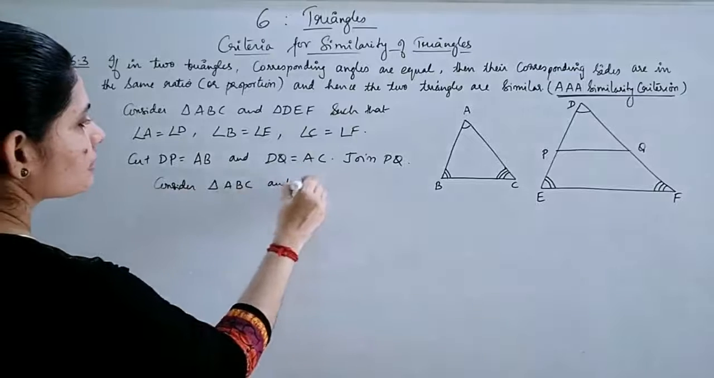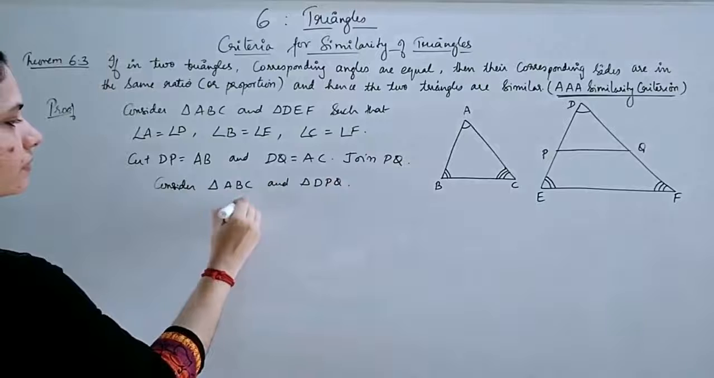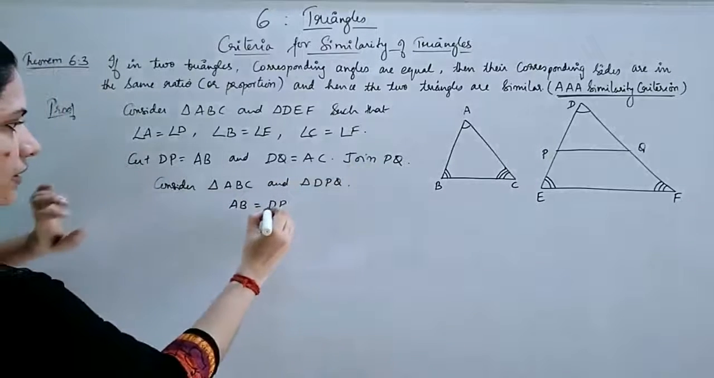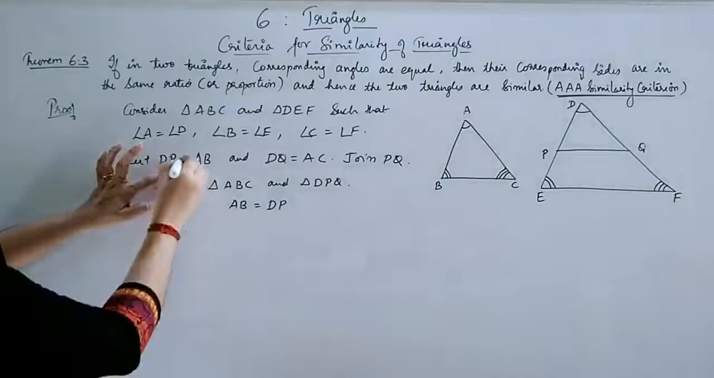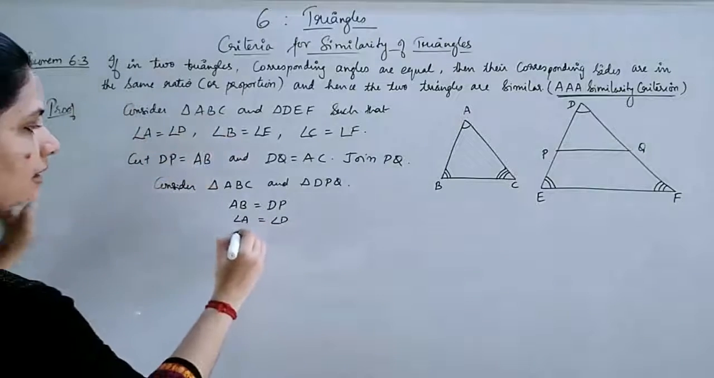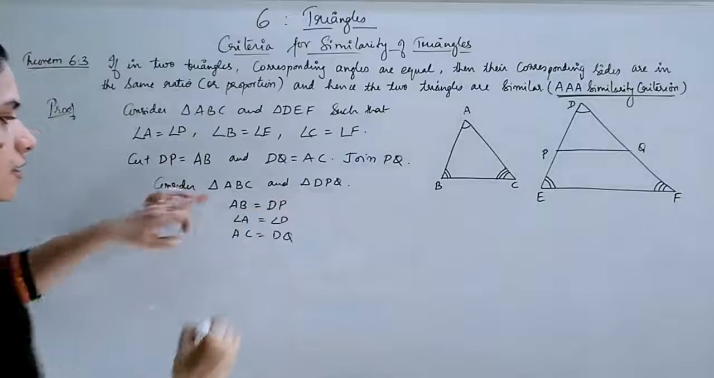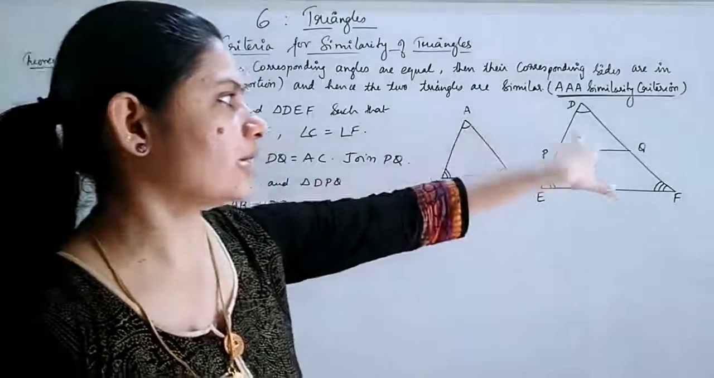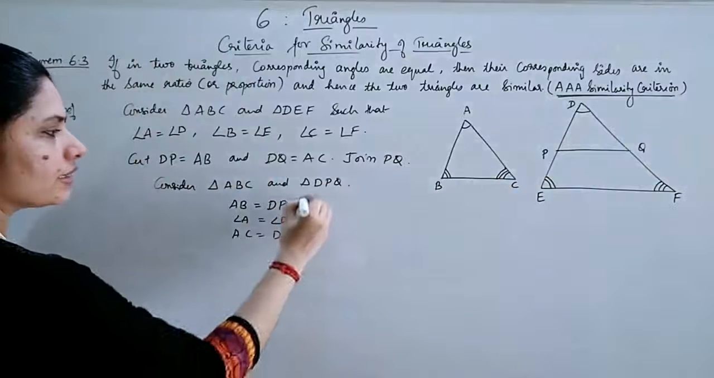ABC and triangle DPQ. Now what we have? AB is equal to DP. Here we have already written, we are cutting that in this manner. Then we have angle A is equal to angle D and AC is equal to DQ. So we have got two sides and an included angle. Two sides and an included angle, and by these three you will get